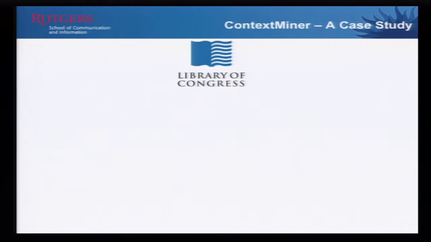All right, so what did the Library of Congress want us to do? Well, they also didn't have a very clear definition. They didn't have a clear problem. They just said, well, we want to create an archive of YouTube videos related to this election. We don't know exactly what it means because this hasn't been done before. You go to YouTube and just manually collect these videos. All right, well, you collect the videos, but what else can you collect? Because videos themselves may not be enough. So there are a lot of challenges, but they didn't know much about it. We didn't know much about it. And as Sherry mentioned earlier this morning, we were kind of just making things up as we were going.